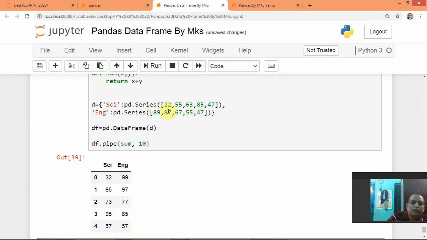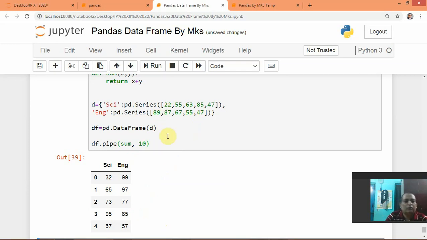So you can see 22 has become 32, and 55 has become this, 47 has become 57. So the elements have been increased by 10.